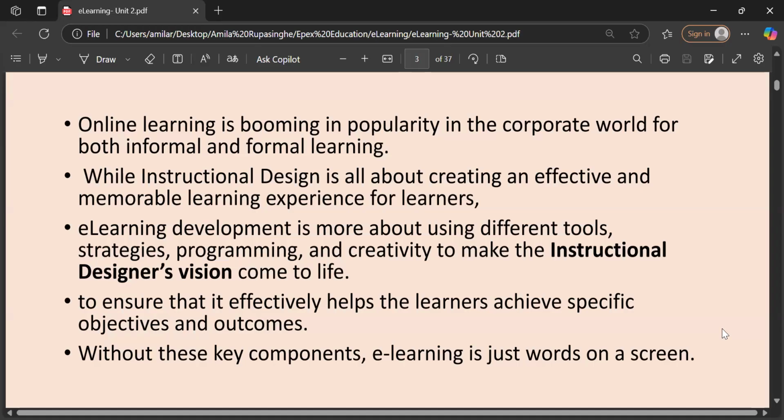So we have to focus on this instructional design. If we don't have a very good plan, if we don't have a systematic way of doing this e-learning, we will not be successful, right? Just think, at least we have to plan how we are going to do this through Teams or through Zoom, how we are going to exchange our materials, assignments, LMS, how we are going to use LMS access for these things, and then how we are going to assess you, right?